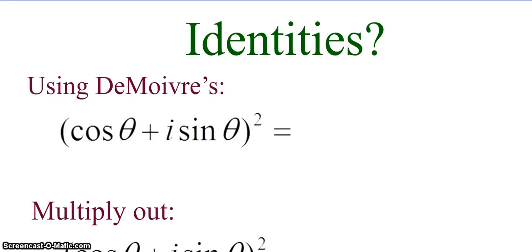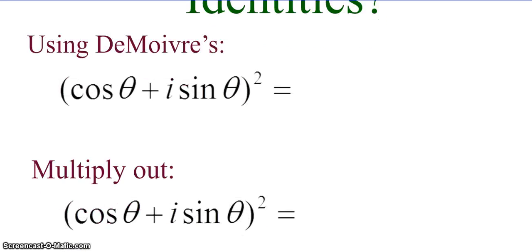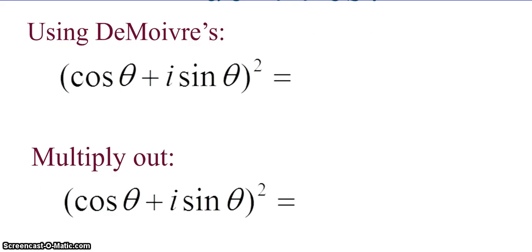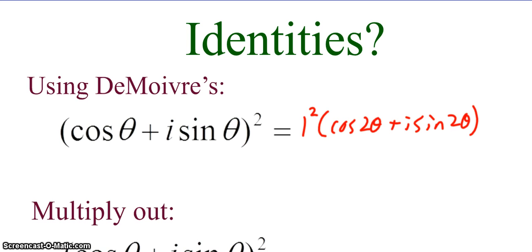Alright, last thing. So kind of remembering our identities and also thinking about de Moivre's theorem, I want you to find cosine of theta plus i sine of theta, squared. And I want you to do that using de Moivre's theorem and also just using algebra and multiplying these out. Okay, so we basically did this in yesterday's notes as well, but it's good practice, and I just want to make sure we see this comparison again or understand using our trig identities and how this relates to some of the other things that we're seeing now,